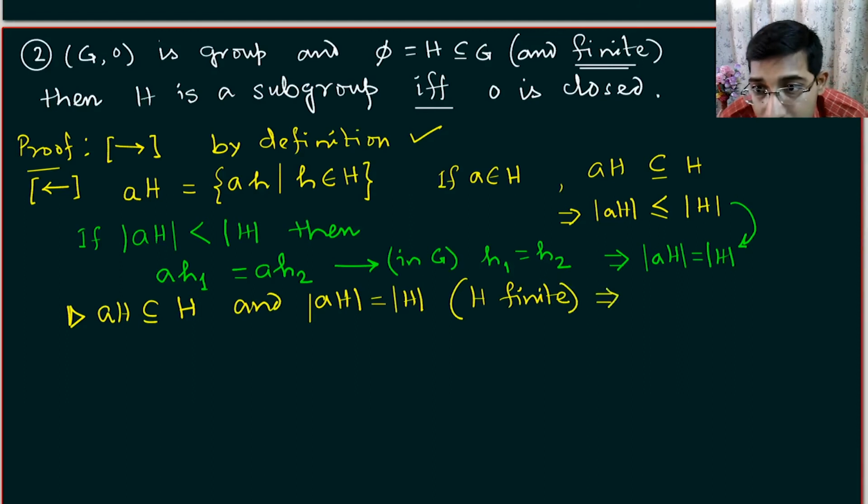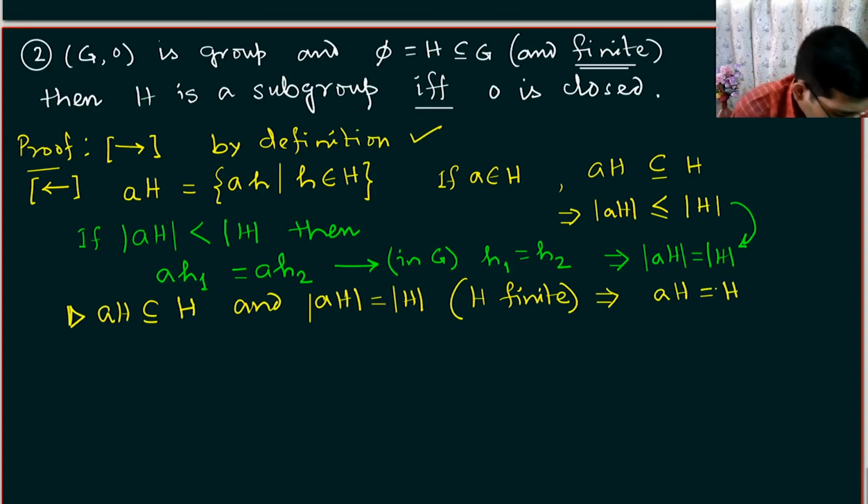So this implies that AH is nothing but the same as H. Now when this is the case, I have to find out whether the identity element and the inverse element exist. The existence of identity element we find in this way. Let us now go for the existence of